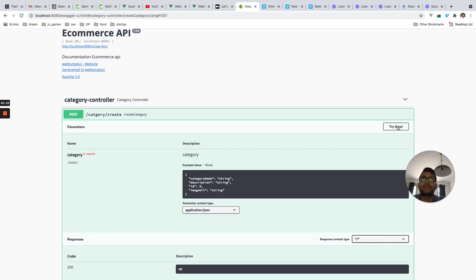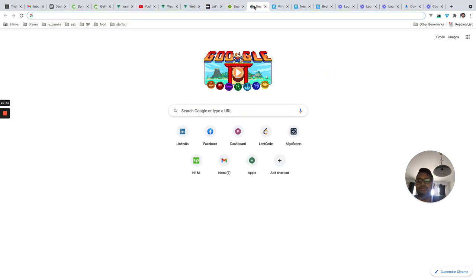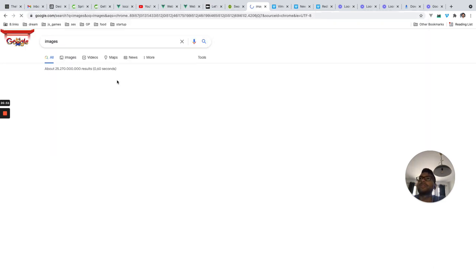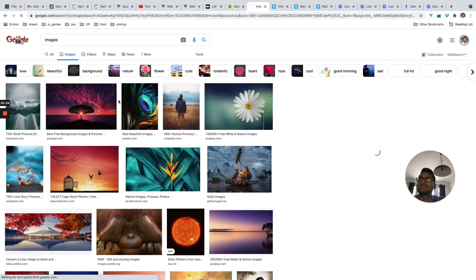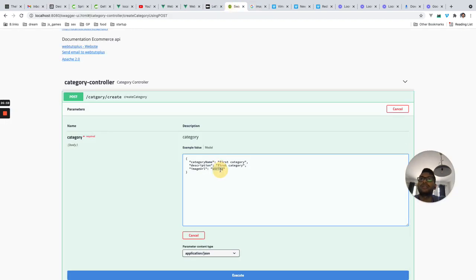So let's create one category. So first category, and the description will be first category. We don't need to pass the ID, it will be generated automatically, and we can give some image URL. So let's see, we can copy one image address and paste it here.